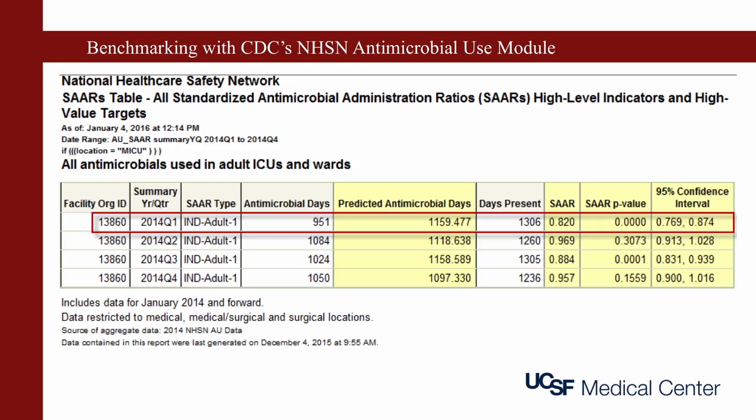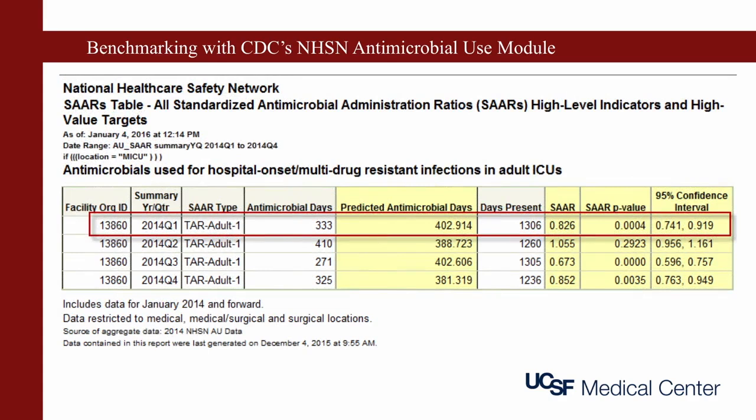These models compare the measured antimicrobial days in a facility to the predicted antimicrobial days to come up with a standardized antimicrobial administration ratio. This SAAR can be used as an indicator as to whether usage during that time period was above or below that which would be predicted for the institution based on its specific characteristics. Analysis for all antimicrobials as well as for specific groups of drugs and hospital locations are available. Ask your infection control and IT folks today about participating in the Antimicrobial Use and Resistance module.